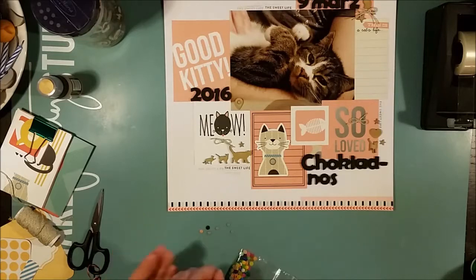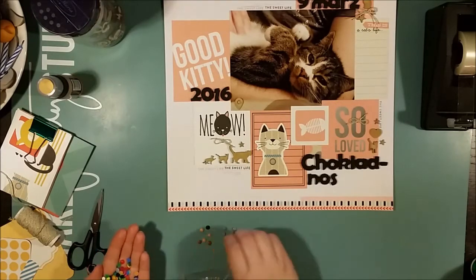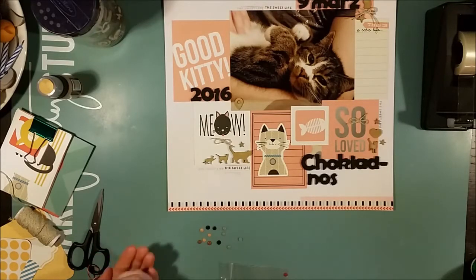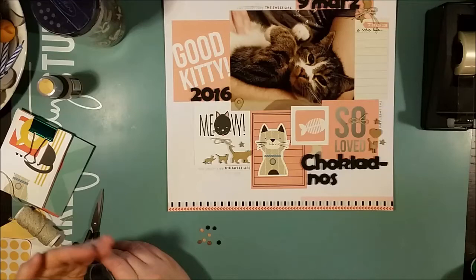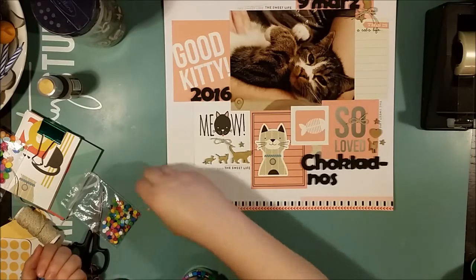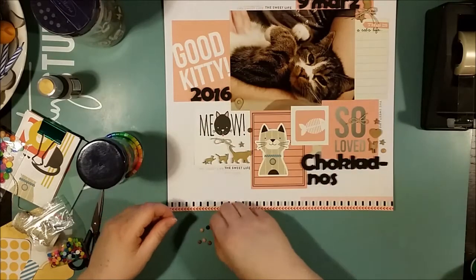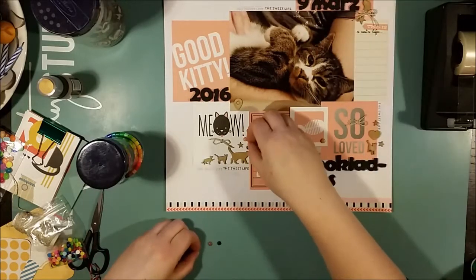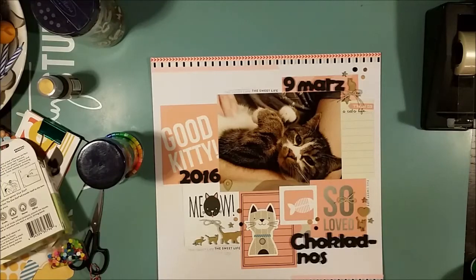A while back I made a discovery that has changed my whole scrapbooking. You know, I've always made these dots from perler beads, even since that became a thing, and I've used them, but in some way I haven't really liked them. I don't think they gave the impression that I was looking for, and a while back I realized why. When you buy a package of enamel dots, you get different sizes, and my dots were always the same size, and I decided to try and make other sizes. So I cut the beads in half and made dots like that, and I placed two beads on top of each other and made dots like that, and then I combined them, and voila, I have a completely new impression,